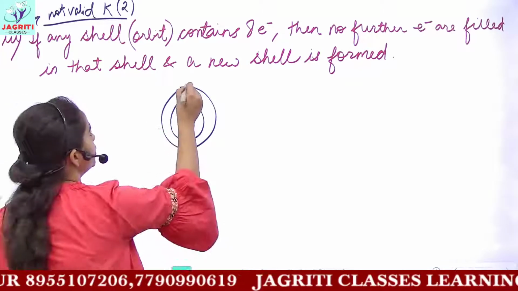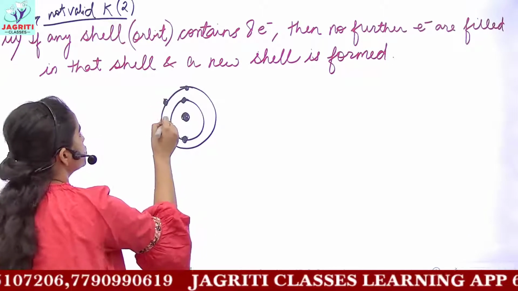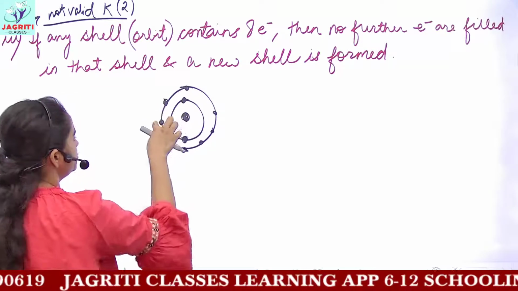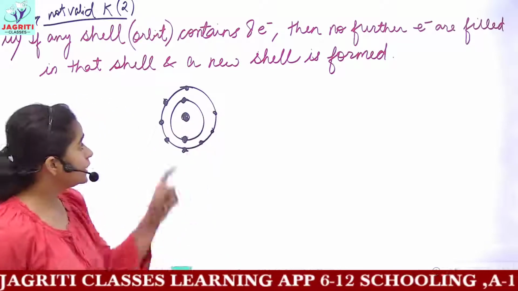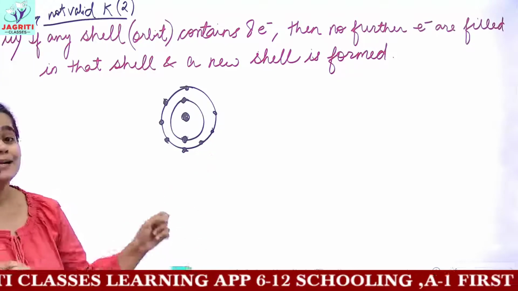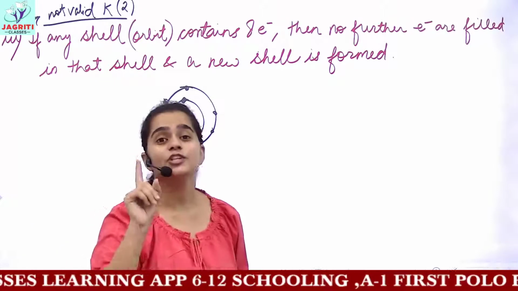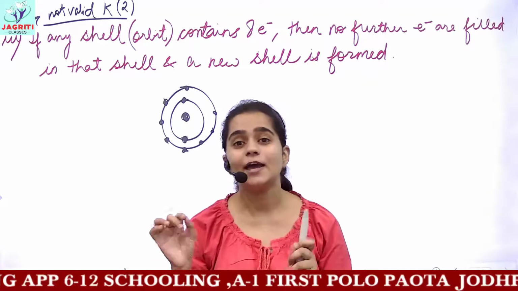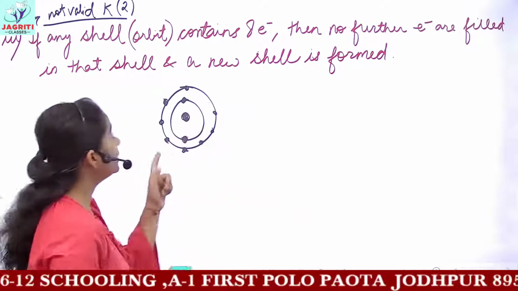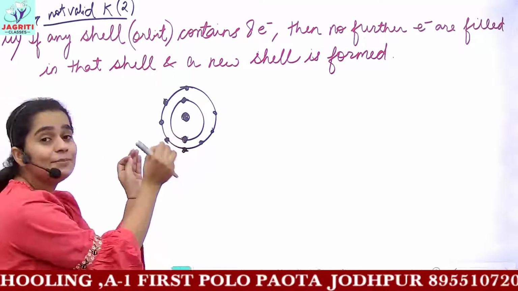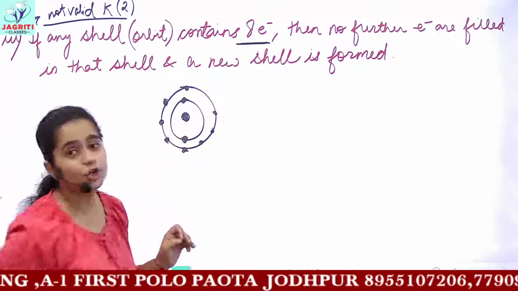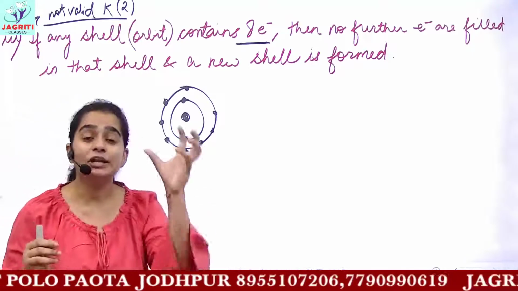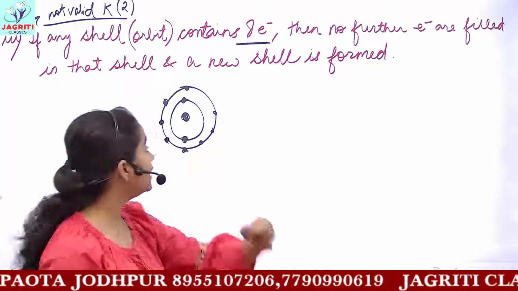Now next, you have 8 electrons which are already present in the L shell. 1, 2, 3, 4, 5, 6, 7 and 8. So these 8 electrons are already present. But in the previous section we discussed in the first rule that the maximum number of electrons according to the formula 2n square should be 18. But here according to the third rule, if you fill 8 electrons in any shell, even though this shell's capacity is to accommodate 18 electrons, you cannot fill more than 8 in this shell.